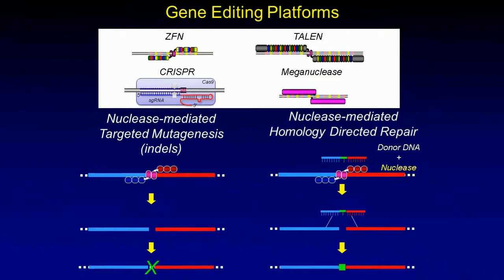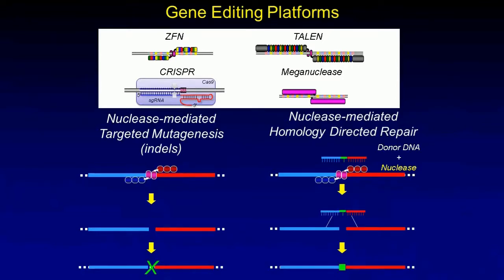The next type of technology to come along were the so-called TALENs, which is another type of DNA binding protein that's found in nature, and nuclease domains were attached to that. It has some structural features that make them easier to program than zinc fingers, and they seem to work a lot better on the first try. TALENs are also very specific and have excellent cleavage efficiency. It does require that a new protein be designed for every sequence that needs to be recognized.